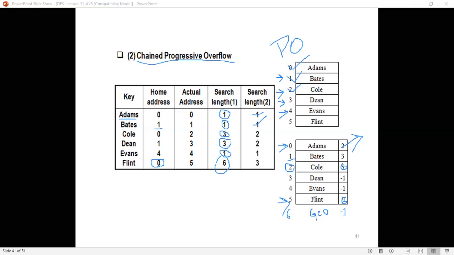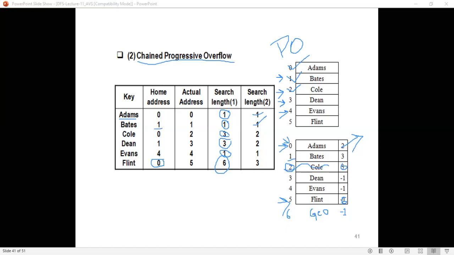What is the search length for Cole? The home address is 0, right, for Cole. So you will check the first home address, that is 0. It is not there. Now where will you go? You will see the pointer here, which is pointing to 2. You will search 2 here. Yes, here is Cole.